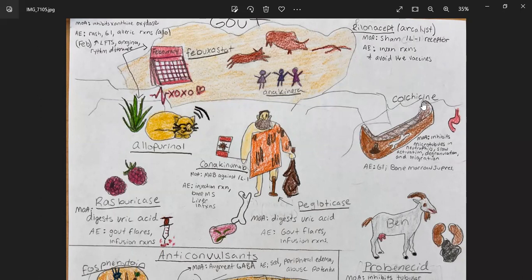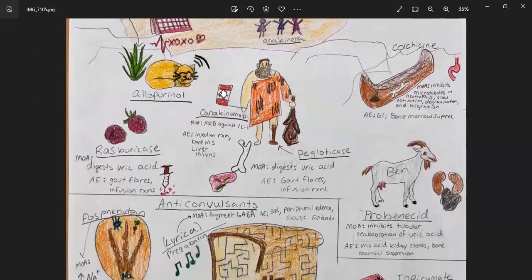Next, moving on to colchicine. So there's a lot of culture going on here. And this is a canoe. So canoe, culture, colchicine. The mechanism of action is that it inhibits microtubules in neutrophils and slows activation, degranulation, and migration. So slows migration while canoes help you migrate. Adverse effects are GI, bone marrow suppression,